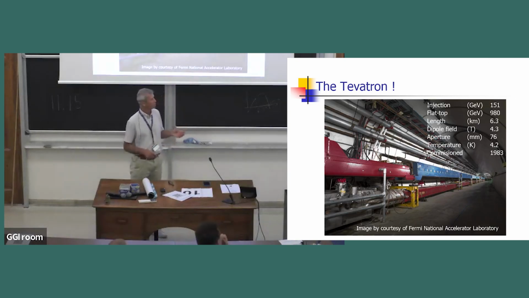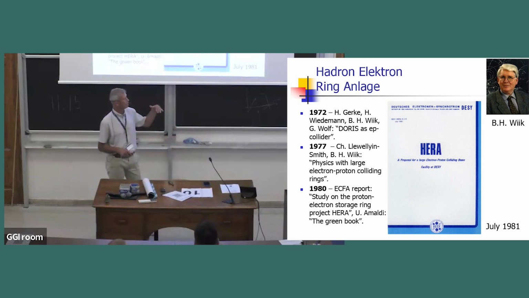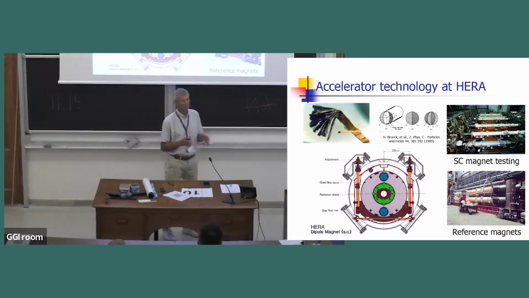Okay, so the machine started operating in 1983, was stopped when the LHC came up, got nearly to 1 TeV, so it was a 980 GeV Tevatron actually, but never mind, and operated at 4.2K. That was followed by HERA, the Hadron Elektron Ringanlage, conceived in the 70s up to the 80s, and then built essentially with the same concept of the Tevatron magnets. So you recognize here the coil, but the iron yoke was cold inside a cryostat. Okay, there was a change.